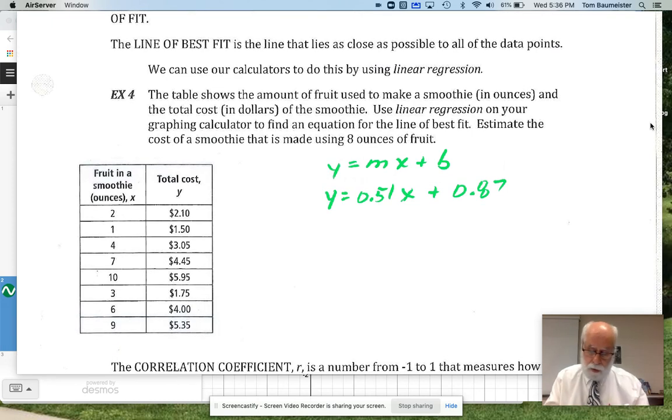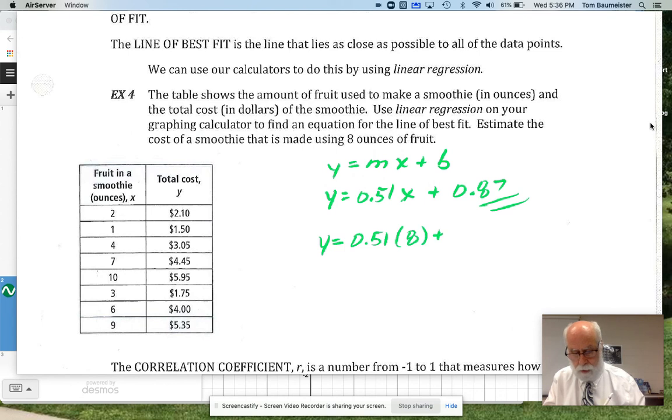But here is our equation that they wanted us to write. And now they want us to find the cost of a smoothie that is made using 8 ounces of fruit. So our x value would be 8. So we're going to plug in y is equal to 0.51 times 8 plus 87 hundredths. And if you work that out, again, putting it to the nearest hundredth,